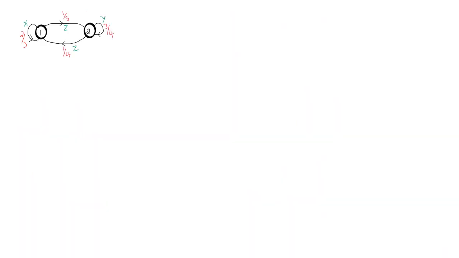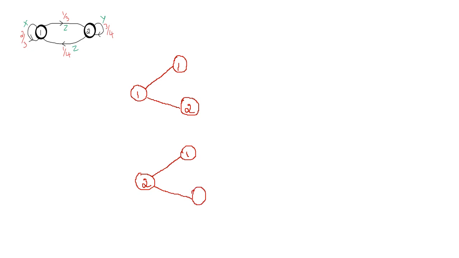Yes, next you have to draw the complete code tree for this given particular problem. So I'll just explain for drawing it for state 1. You can do it for state 2 and complete the graph. So first you need to draw the two states. Since you have two states, we'll write state 1 and state 2. Next, we know that state 1 will be going from 1 to 1 and from 1 to 2. So we can write a tree diagram like this, from state 1 to 1 and from state 1 to state 2. Similarly, state 2 will be going from 2 to 1 and from 2 to 2.